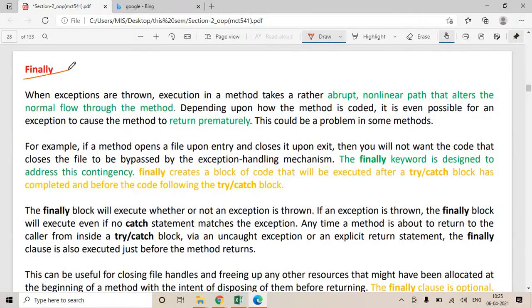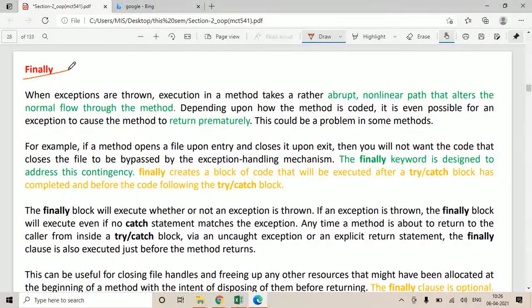In case of premature exit, some go to statement is there, some return statement is there, some abrupt termination, if your program gets terminated abruptly because of some or the other internal situation, then also this finally block gets executed.